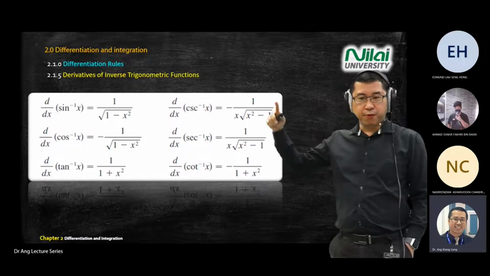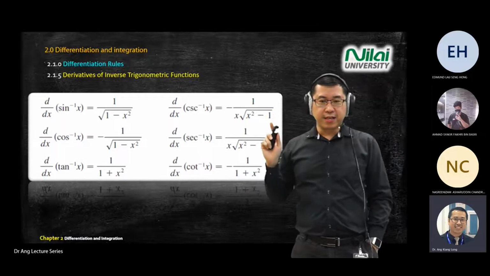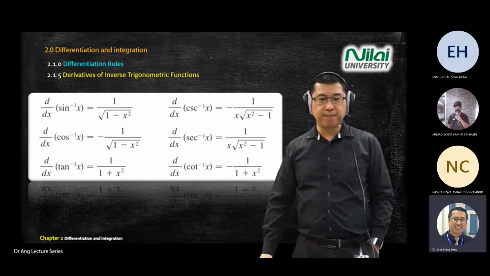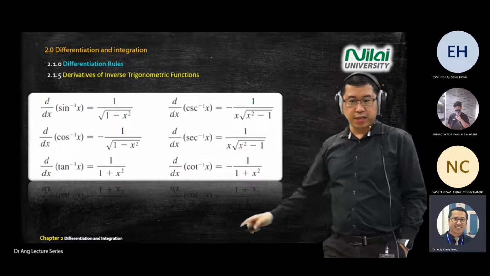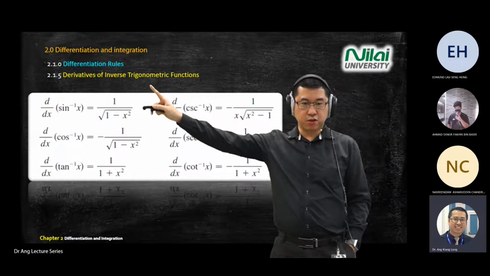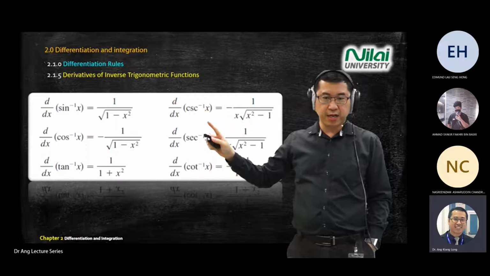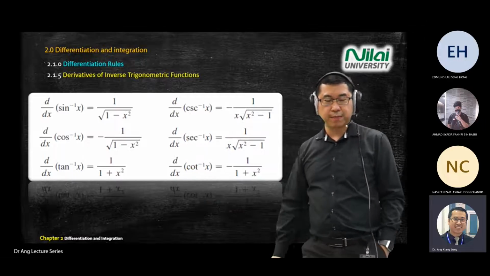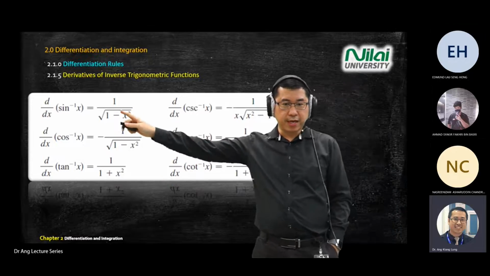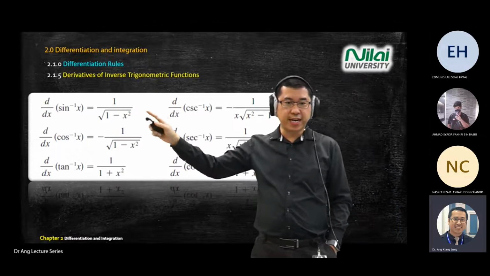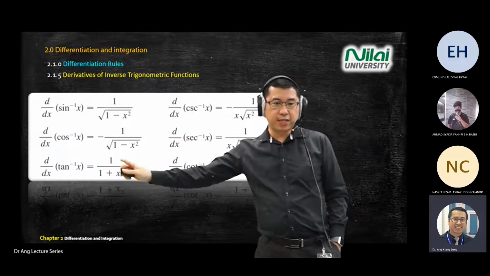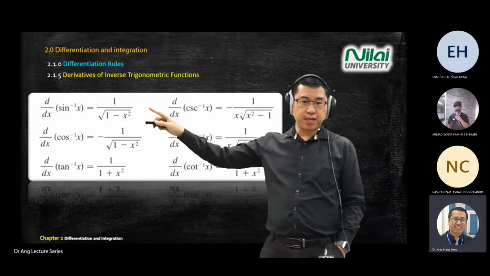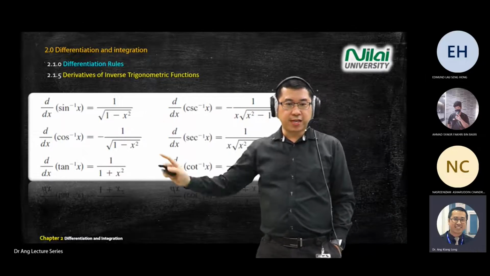Before this, I already did revision for you on how to do trigonometry differentiation and integration. So this one, we will do inverse trigonometry. What I mean by inverse, you'll see minus 1 beside the trigonometry relationship. Minus 1 means inverse, not 1 over sine x, 1 over cos x, 1 over tan x. Okay, so if you see the question asks you to solve inverse sine x, you use the